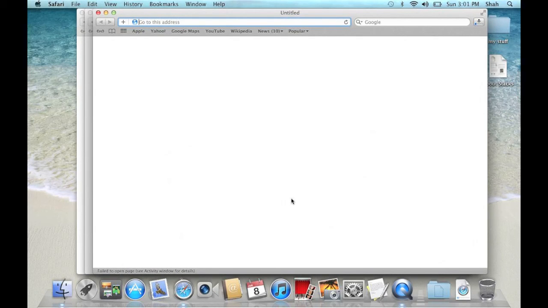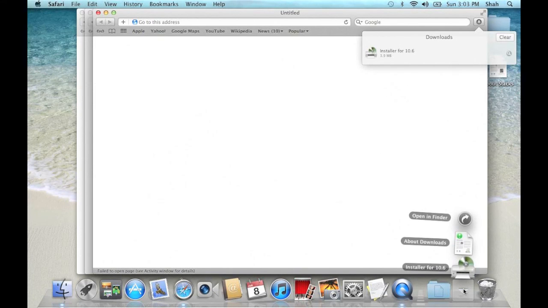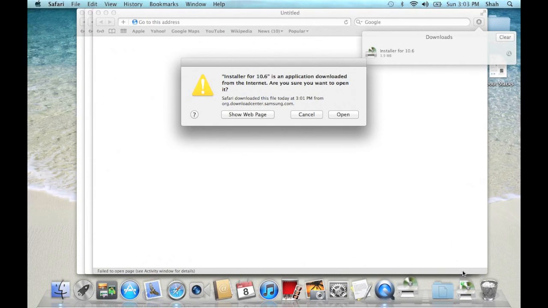Wait for the download to complete. Click Downloads in the dock. You will see the printer driver there. Click it. Click Open.